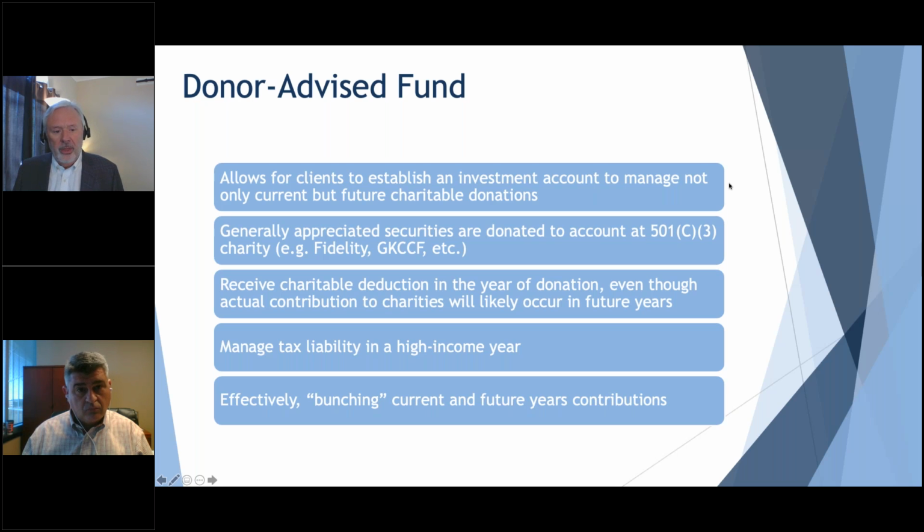The other thing I think that's important to get clear is some of these donor advised funds have minimums on both ends. So a minimum on how much can be contributed. They may say, hey, look, we want a minimum of a $25,000 contribution. Greater Kansas City Community Foundation does not have a minimum on how much can go in on the front end. Some of these funds have minimums on the back end. So how much can go out of the fund to the charity? They may say it's a minimum of $1,000. Again, Greater Kansas City Community Foundation doesn't have a minimum on that end. So that's all part of the weighing process